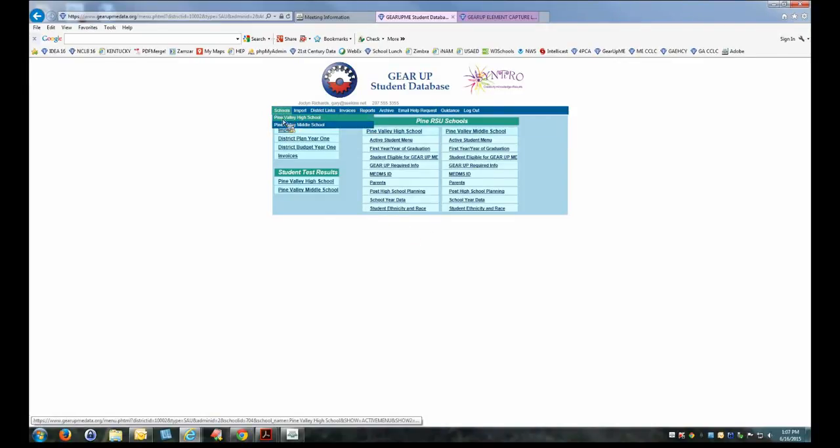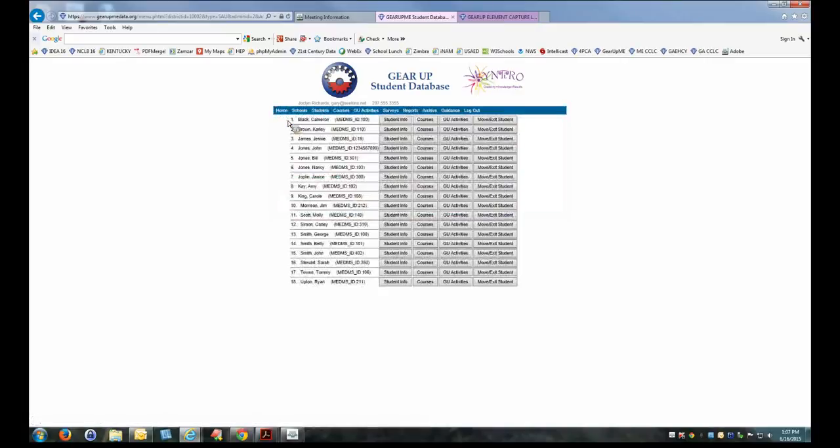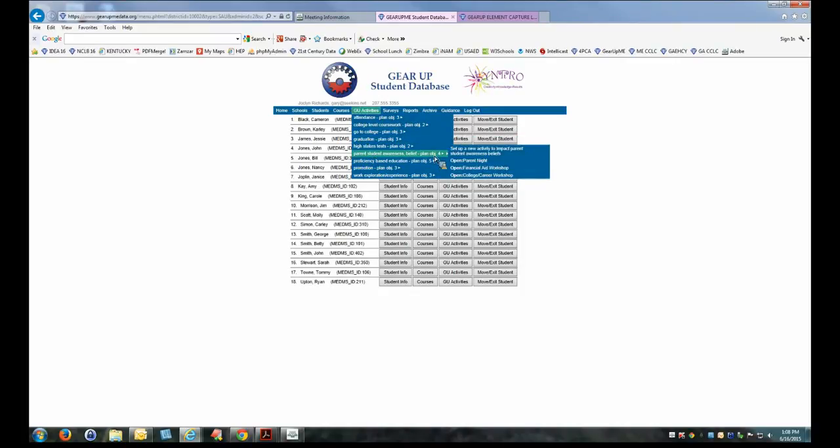Now we're going to look at Gear Up activities. So first thing we're going to do is pick a school. I'm going to pick Pine Valley High School. And once you pick a school, you will see that Gear Up activity shows up on the blue menu bar. If you click on that, and then choose a category with an objective plan from the menu, we're going to set up a new activity. This is for graduation. So we click on Set Up a New Activity,